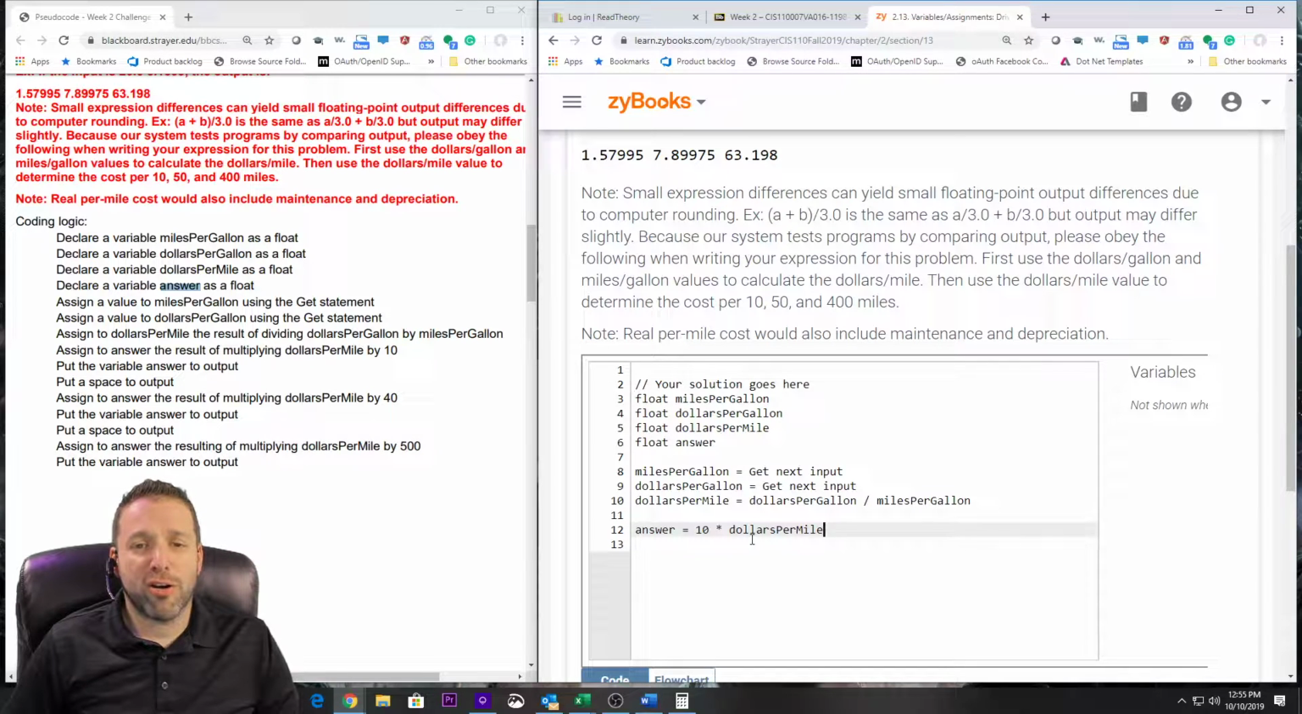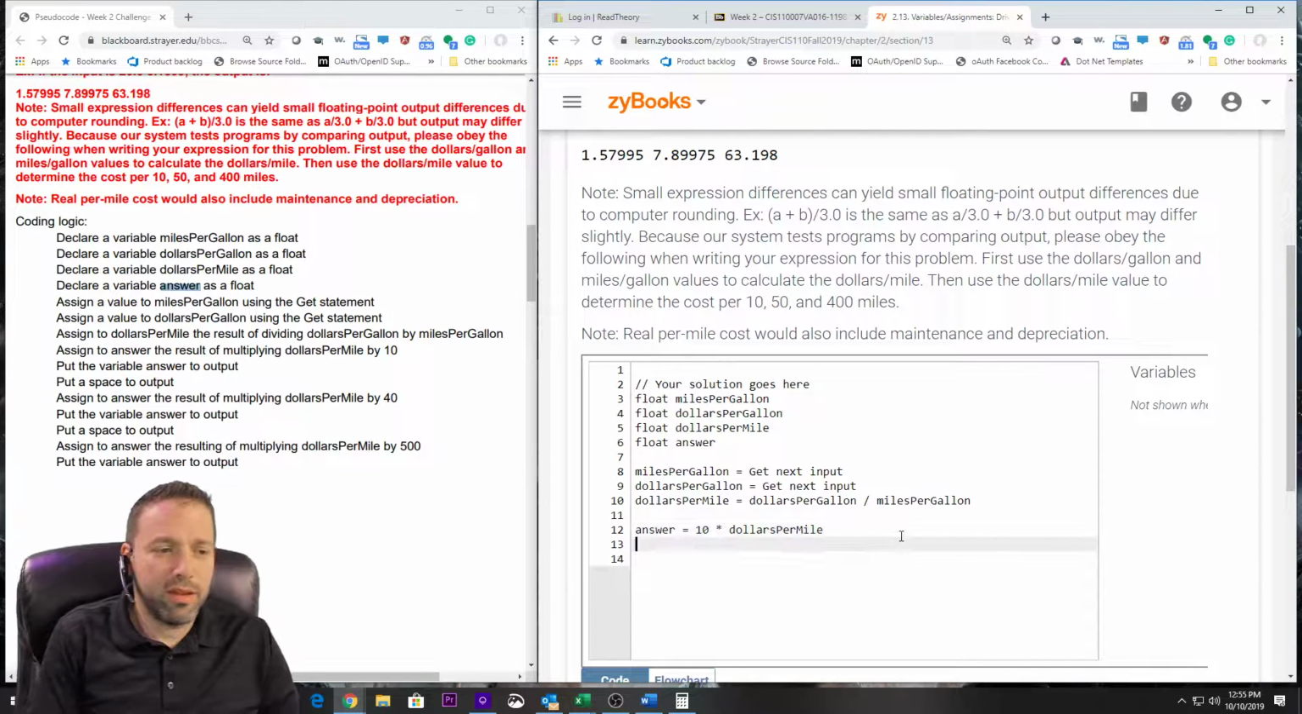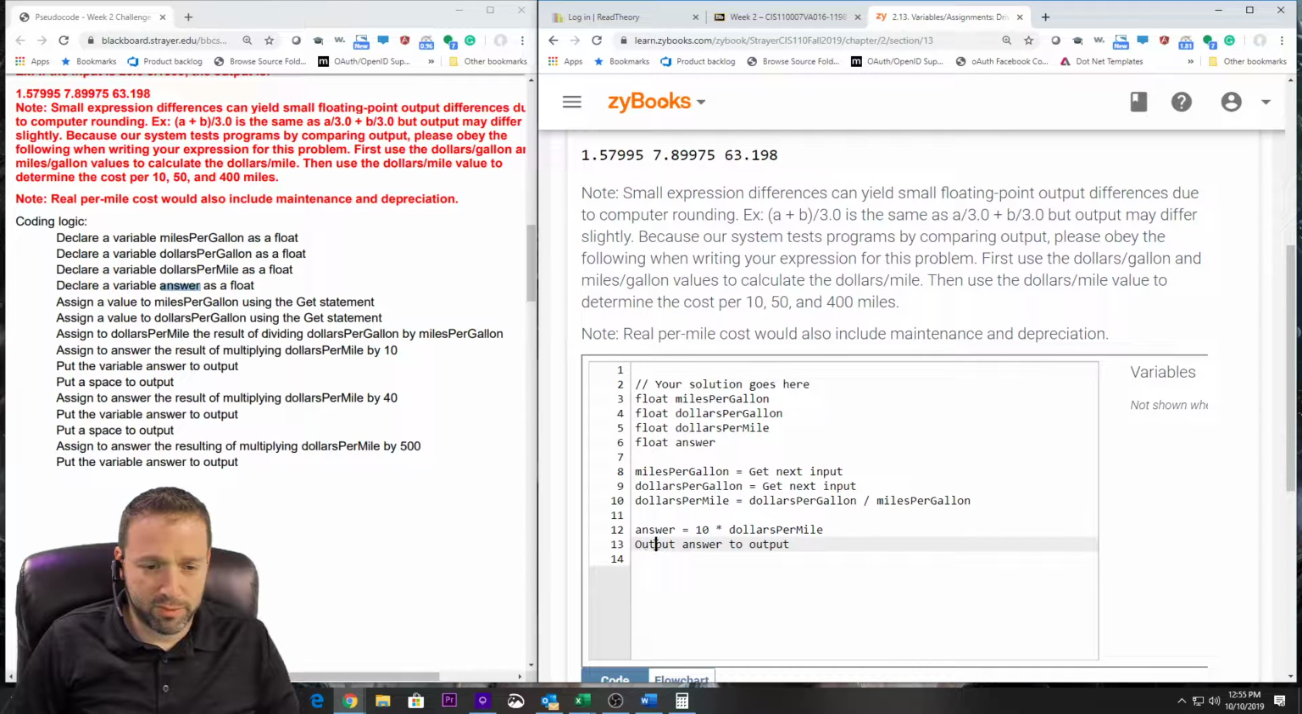So it is a hard-coded number of 10, and that's okay because our application, every time we use it, it's going to output the cost for 10, 50, and 400 miles. So it's okay that it's fixed there. So answer equals 10 times dollars per mile, which that's going to be dynamic because we just calculated that and it's going to be different every time. So after we do that, we just need to put answer to output. Oops, sorry, that doesn't make sense. Put answer to output. Then we are going to do put